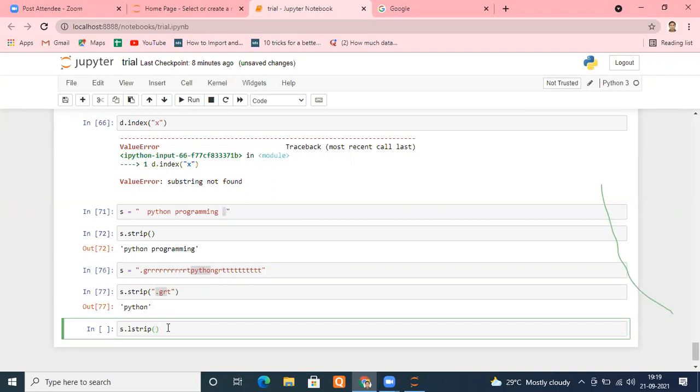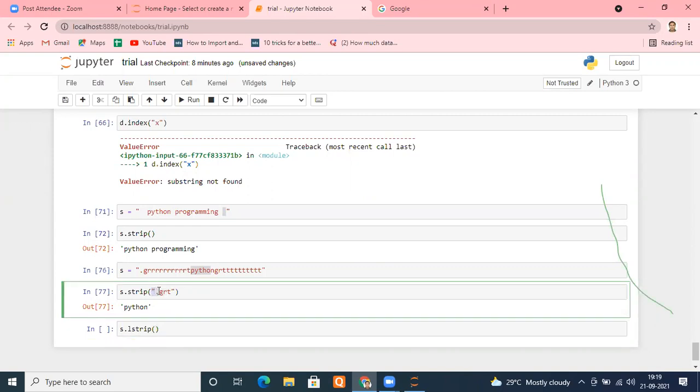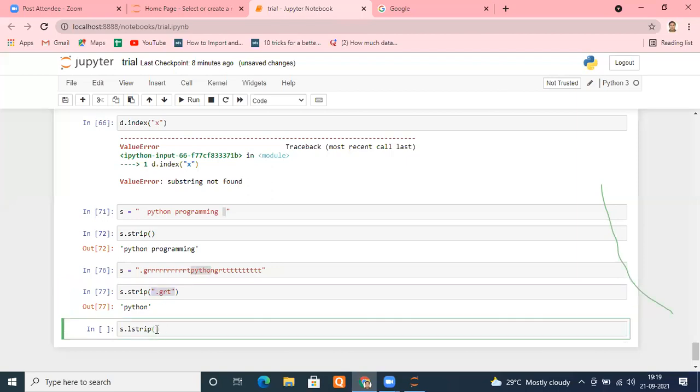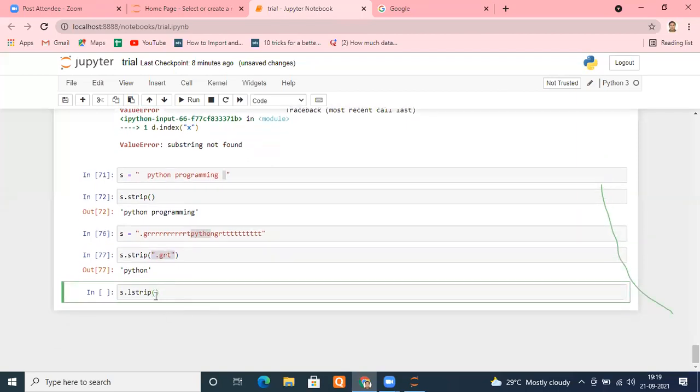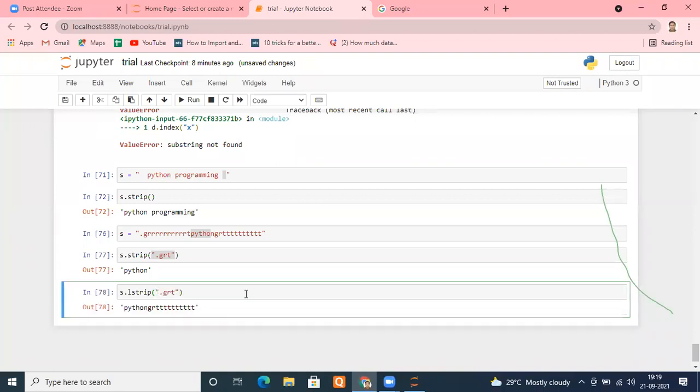Let me put everything here as it is, copy paste. If you don't put anything here, what will it consider? It will remove spaces from the left. Exactly right. So I'm putting GRT there, now run this and check it. You'll get a clear idea.